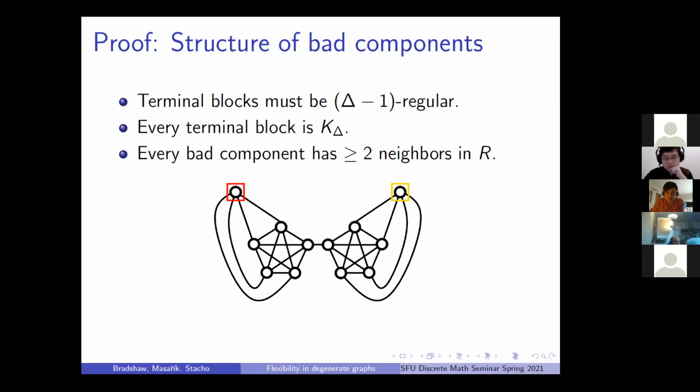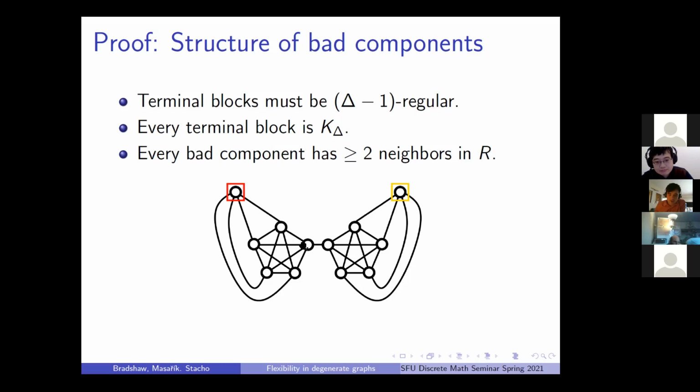So what we're able to conclude is that every bad component in G minus R must have at least 2 blocks. And through a little bit more analysis, we can show that every bad component in G minus R must have at least 2 terminal blocks, which are delta minus 1 regular. That is, when I say a terminal block, I mean just a block in the component that has exactly 1 cut vertex. So we must have a block in a component of G minus R that's a K delta with